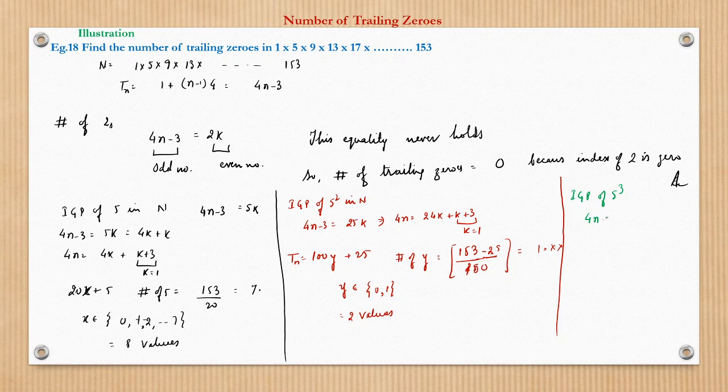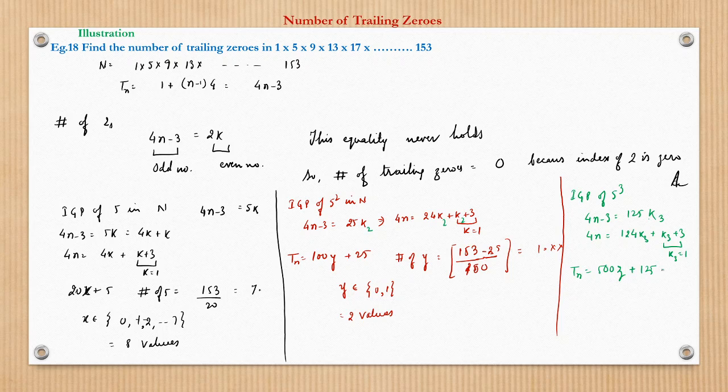So what we will do, 4n minus 3 is nothing but 125k3, let us suppose. So this we can write as 4n is equal to nothing but 124 k3 plus k3 plus 3. So k3 will again take value of 1 for this to satisfy. So Tn we can write as LCM of 125 and 4 is nothing but 500 Z plus k3 is equal to 1. If you put here, we get 125, right?